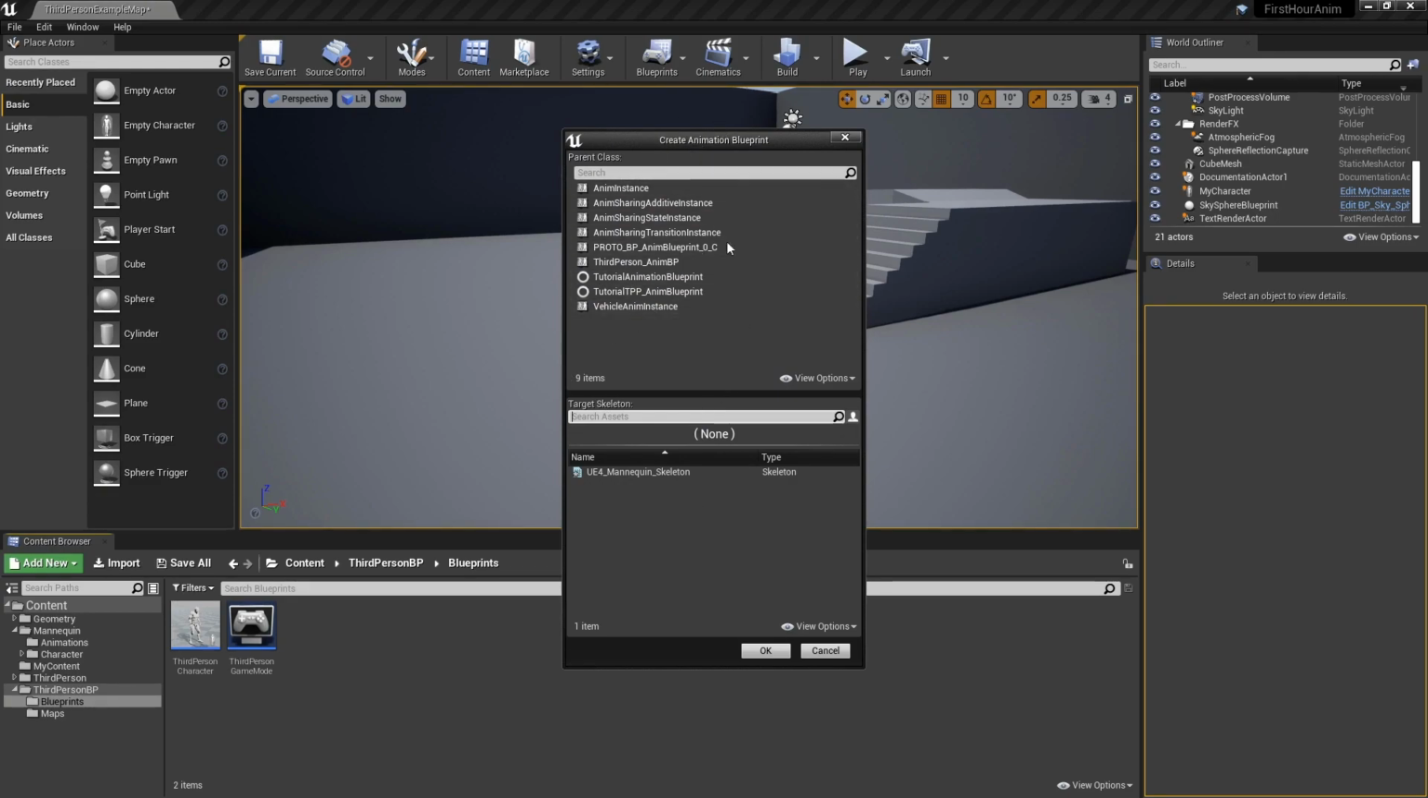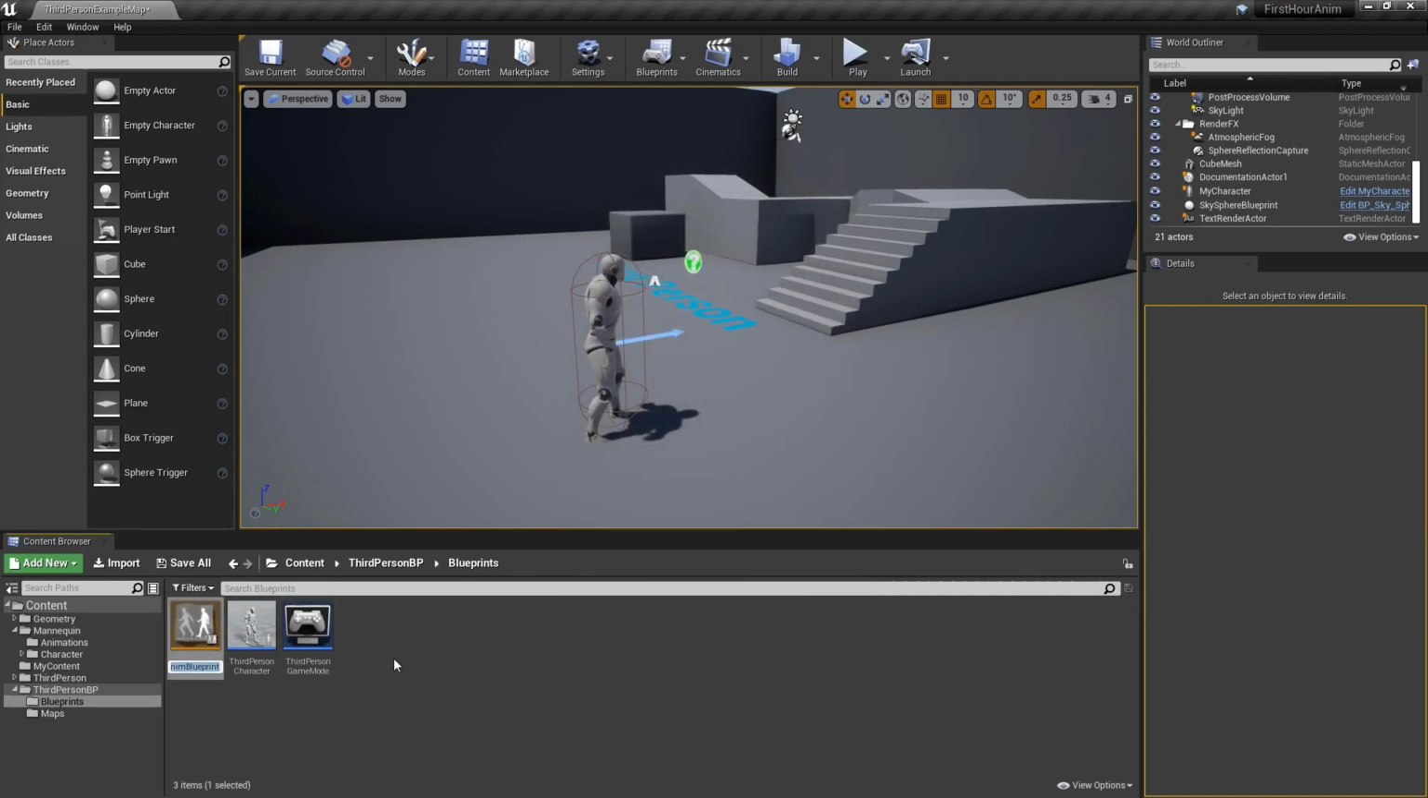We don't need a parent class because we're not going to inherit anything, so we'll just leave this default with none. But you need to target the skeleton that this animation blueprint will be bound to. Remember how I mentioned we saw our list of all of our blueprints and meshes and animations linked to the skeleton? The skeleton controls what will and will not work. So here's our skeleton. We'll hit OK. Let's go and name this to my character